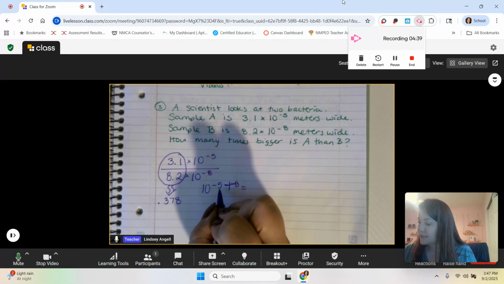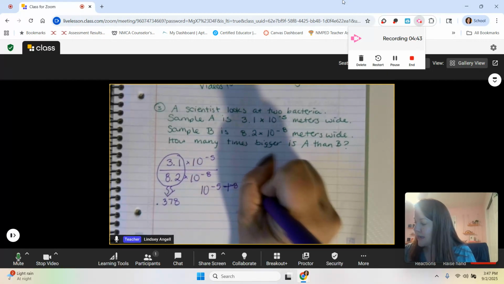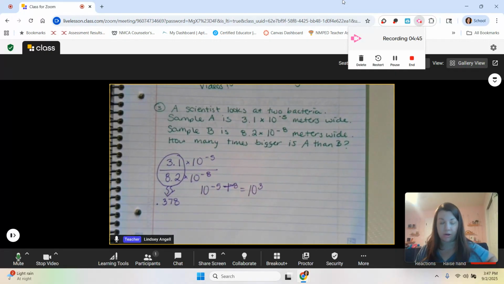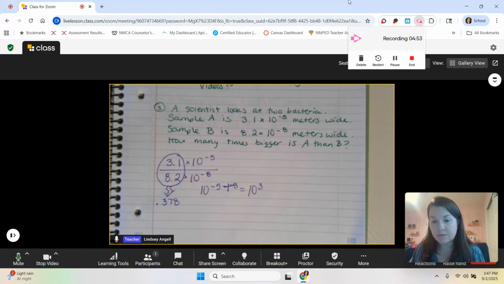So really it's like saying 10 to the negative 5 plus 8, which is 10 to the 3rd. Now the issue with that is that 0.378 is not in scientific notation. So we want to then